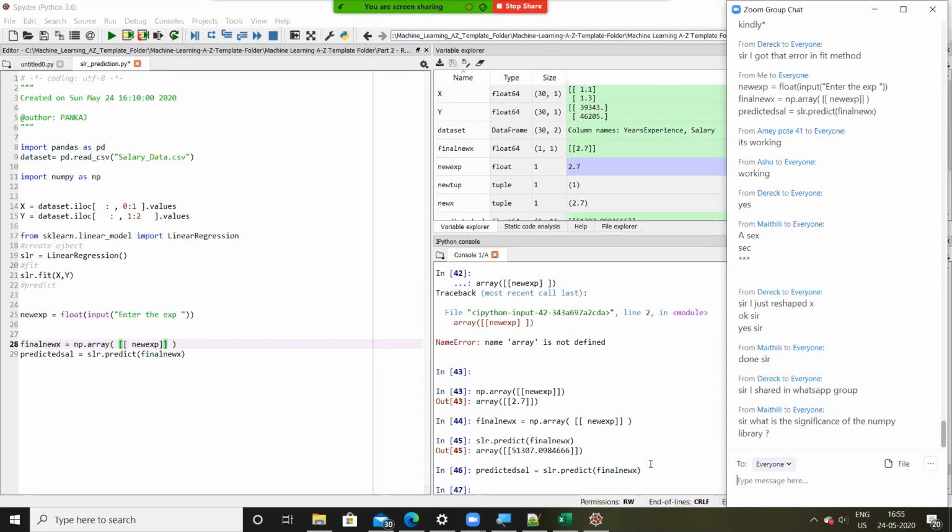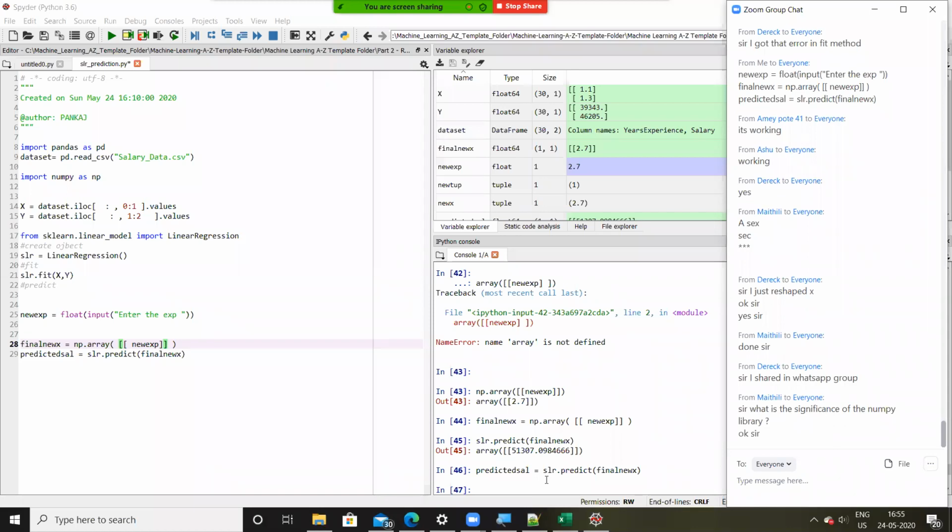What is the use of the NumPy library? So the Pandas library is used to read data from a dataset. The NumPy library is a huge library which allows us to perform various operations and manipulations on the data. Say I have to create an array, so I can use the NumPy library. To create an array in Python, we use NumPy. To create a two-dimensional array in Python, we use NumPy. So NumPy is mainly for data manipulation.